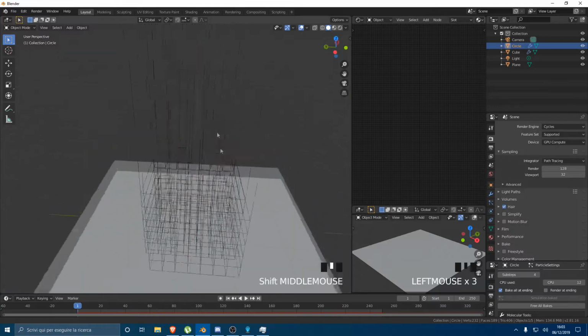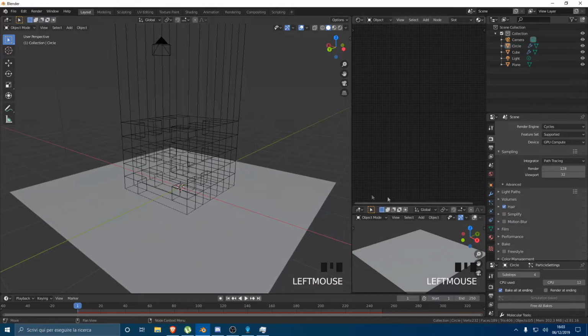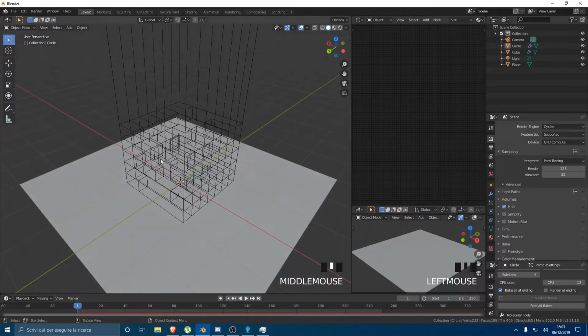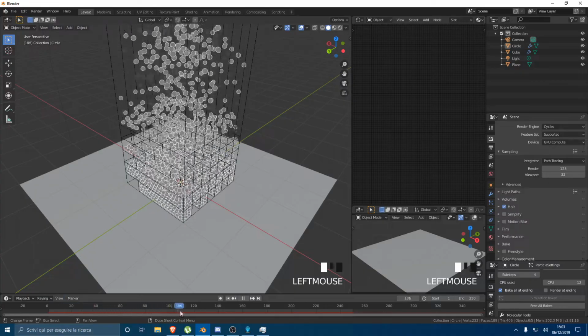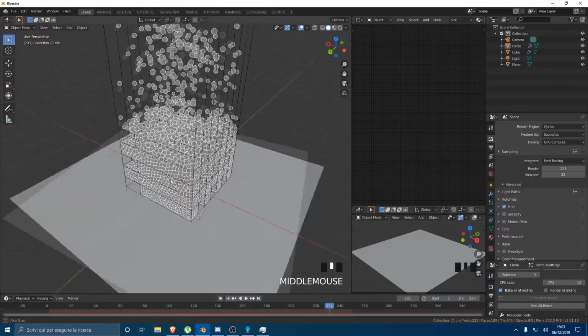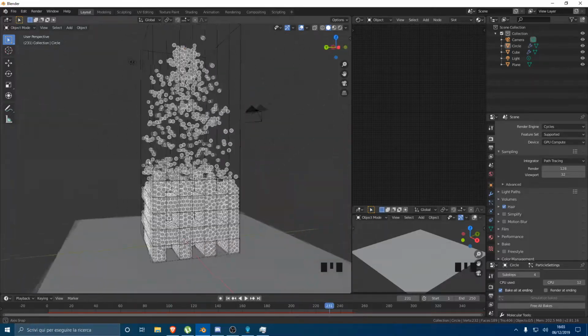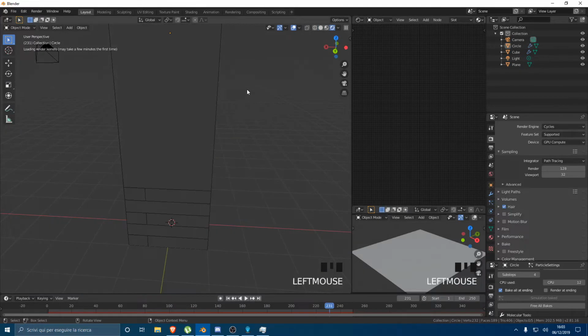Okay, so we finished our baking, and when we are baking something with the molecular script, it's always gonna load up in the RAM memory. So be sure to have at least 8 gigs of RAM. Okay, 16 is really recommended. So as we can scroll through that, you're seeing particles are doing whatever they want, and that's good because they're particles. Okay, so yeah, what if you go into the rendered view and just wait a few seconds,